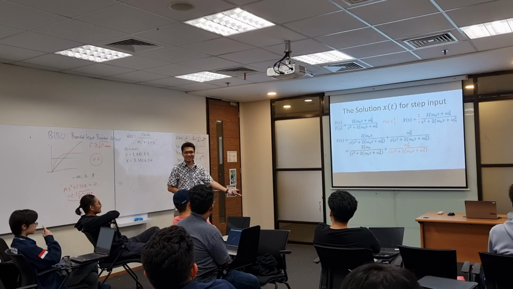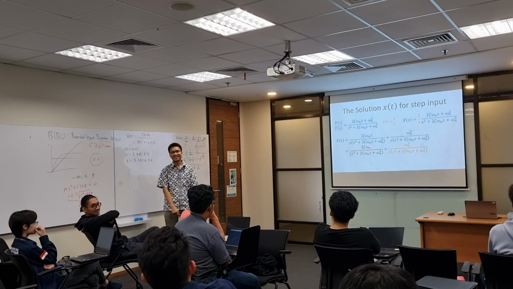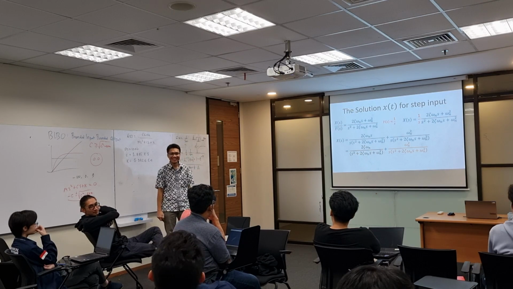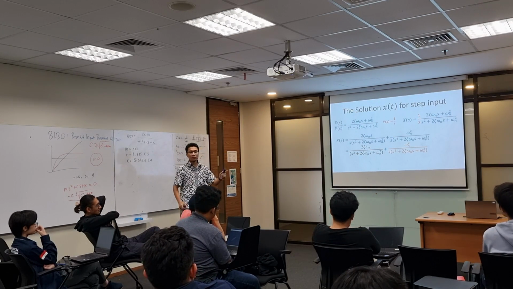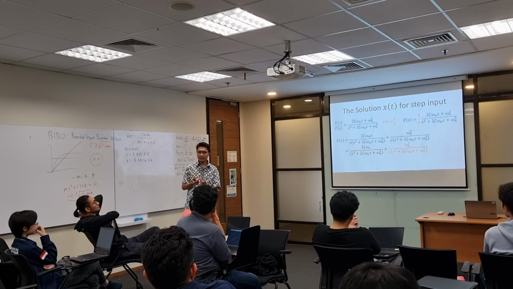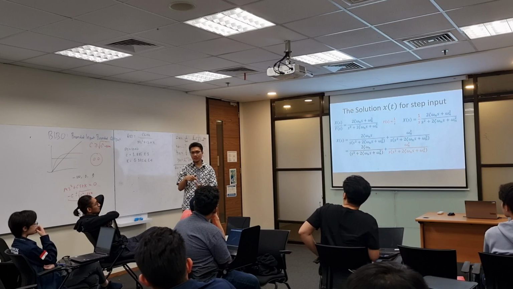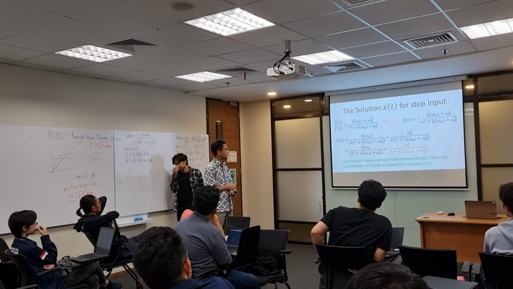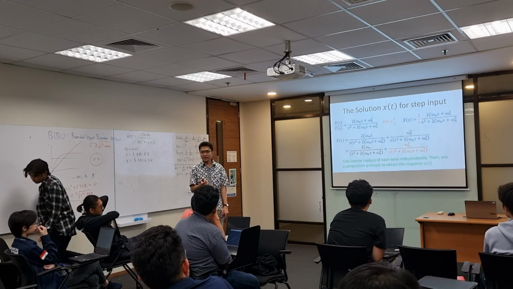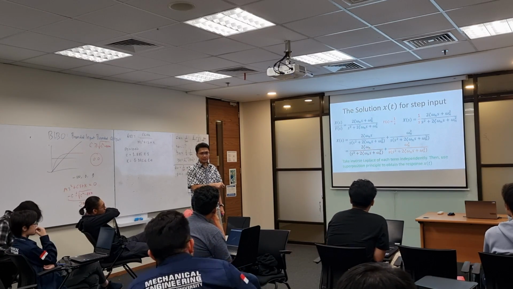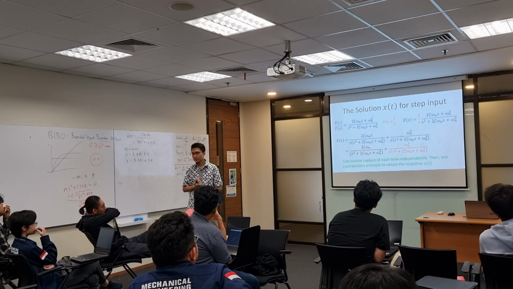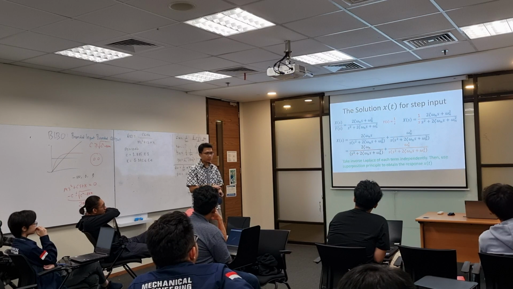The answer is on the next slide. Slide to the next slide. No, I don't need partial fraction. Just use the Laplace table. With the Laplace table, if you cannot find a Laplace transform pair that matches your system, then you do partial fraction. If it is matching already, you don't need to do partial fraction. So let's see. The plan is that you take the inverse Laplace for each term independently, because we can do superposition later. So don't take the inverse of the whole thing, just take each of them.